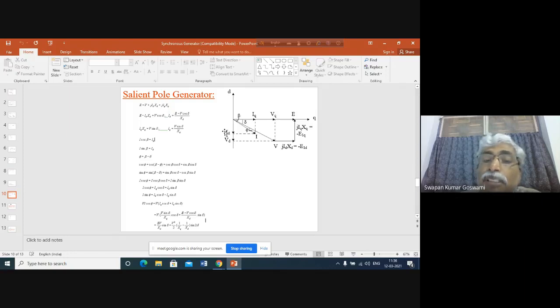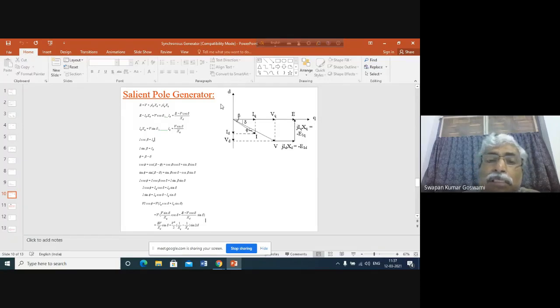For this purpose, say this is the direct axis, the pole axis of the generator drawn here. So this is the D axis. That means the field flux will be along this D axis. The field winding will be here, and if field current flows, obviously the direction of flux will be this one. So this represents the direction of the field flux. Ninety degrees lagging the field flux will be the induced voltage, and that will be along the quadrature axis. Say the induced EMF measured along the quadrature axis is E. So E represents the induced EMF of the machine.